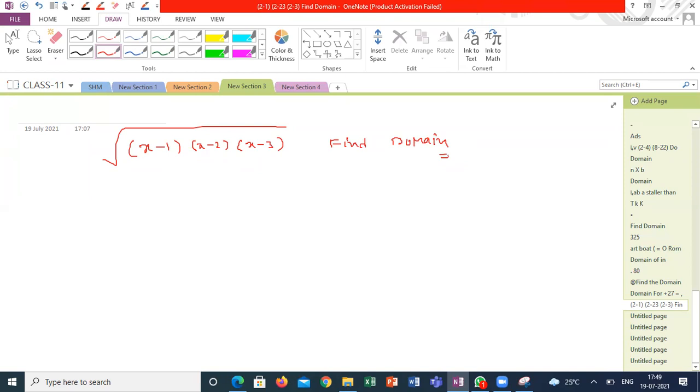How to do this question? Whenever you are getting some cubic equation or quadratic equation, and if it is under the root or 1 by under the root, how to behave? How to do? Sir, we have to find the zeros of that and we should tell it is not equal to the zeros. Why it is not equal to 0? Why can't it be possible? Sir, it is not in the denominator position, no? Sorry, sir, less than 0. It should not be less than 0. It should not be negative under the root.